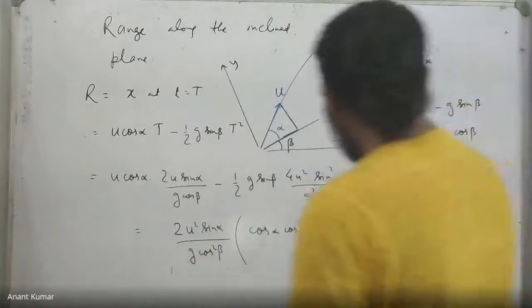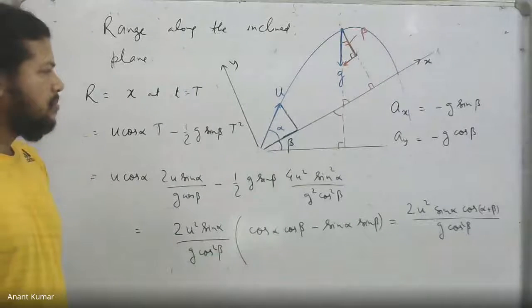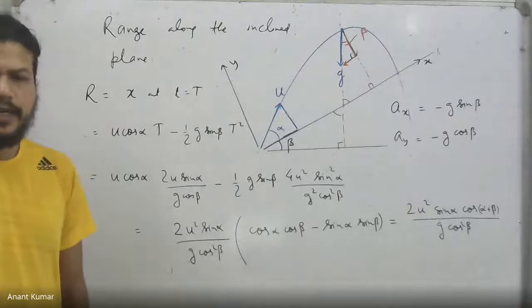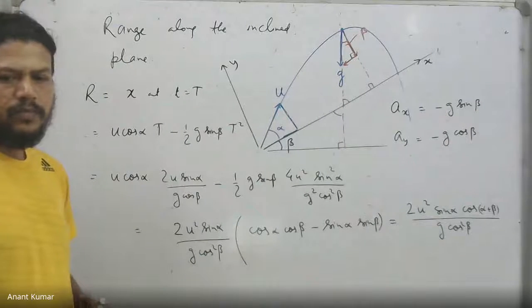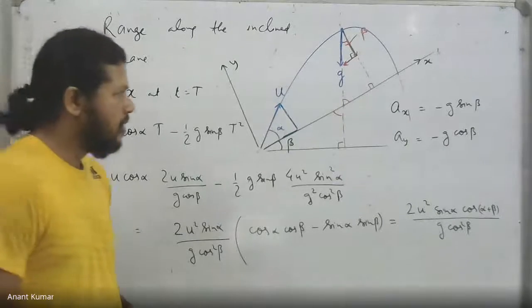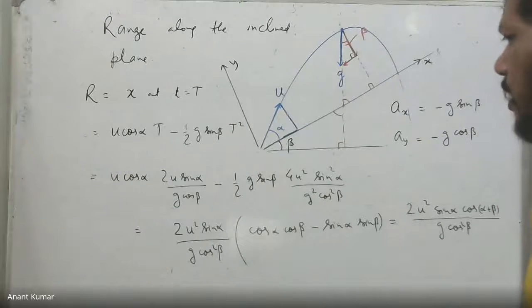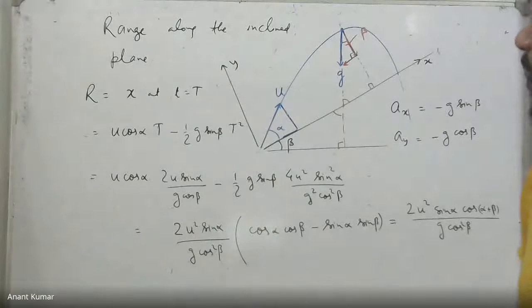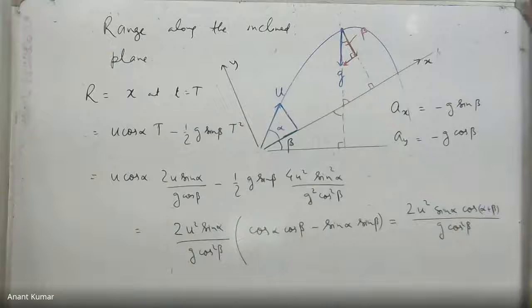First of all, if I now want to figure out, say, for example, the maximum possible range along the inclined plane, what to do then, by the way? How to figure out the maximum? t by 2? No, that is not okay. It is not exactly a symmetrical motion. You can't simply obtain the maximum range by putting the value of t as t by 2 in that equation. That can't be done. This is not exactly a symmetrical motion.